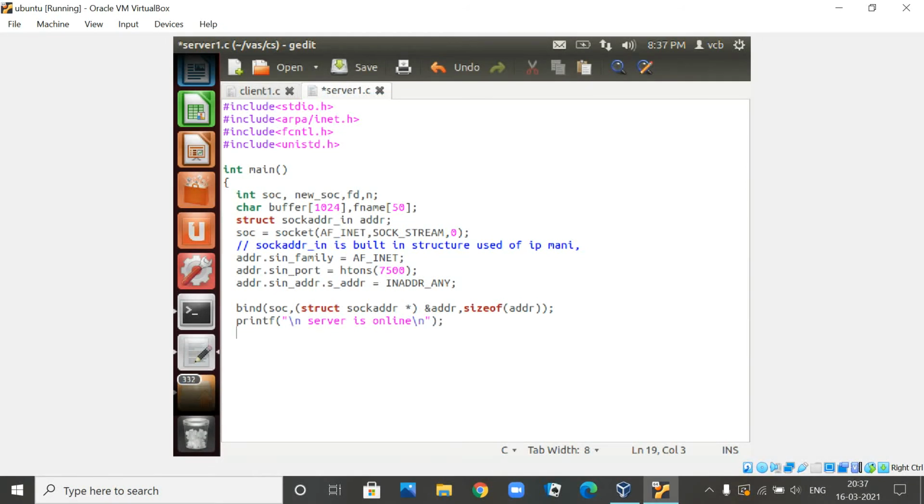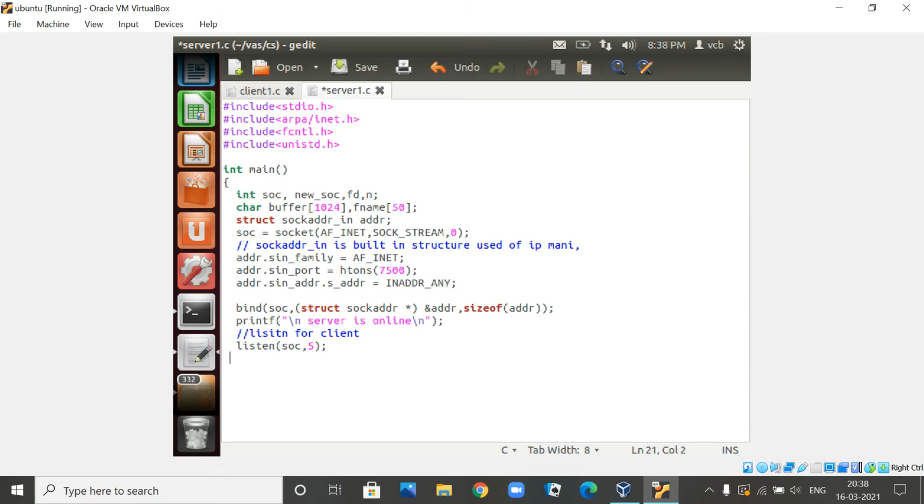Next, the server should start listening. The server will be listening for the clients, because the client has to connect to the server. So the server keeps on listening for connections. For listening, you are going to use a function called listen. You are going to listen through this particular socket: listen, SOC, comma, 5. Here 5 means a queue, for how many clients can connect to this particular server. So a maximum of 5 clients you can have here.